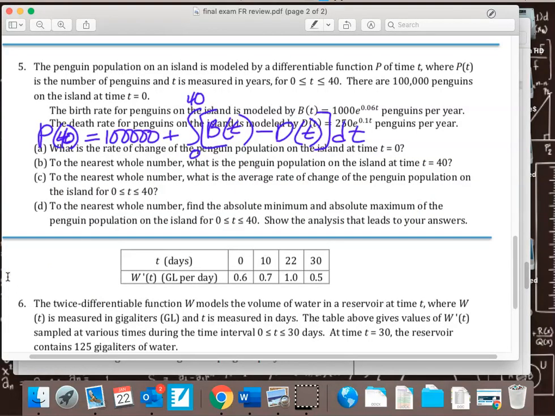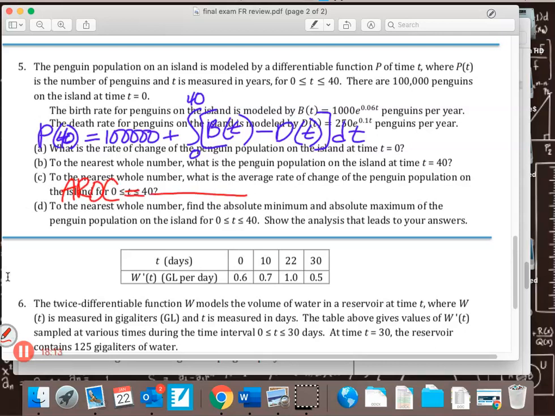Okay, part C. To the nearest whole number, average rate of change of the penguin population from 0 to 40. Guys, go with the easy formula. If you're going to do average value formula, that's fine, but make sure you do it properly. So, do you want me to show you both ways, or do you not care? So, A-Rock, I'll show you just our old A-Rock